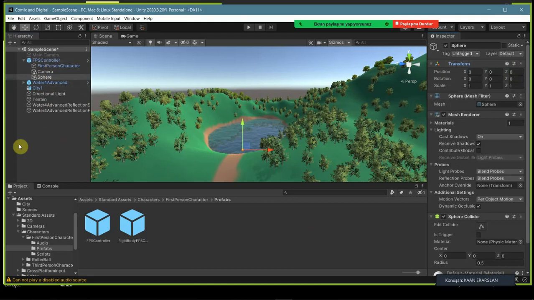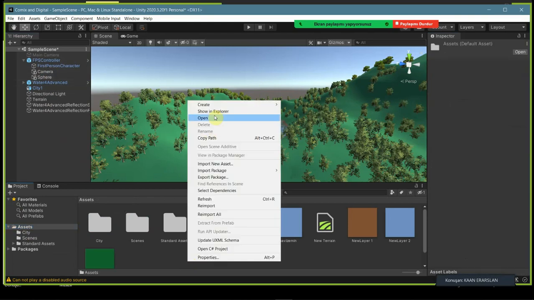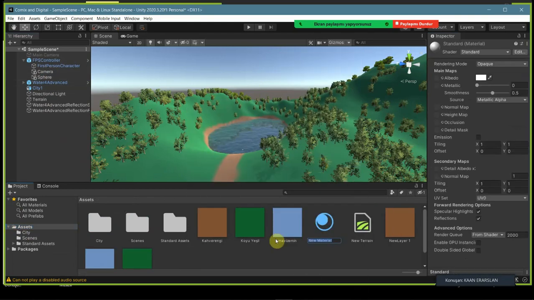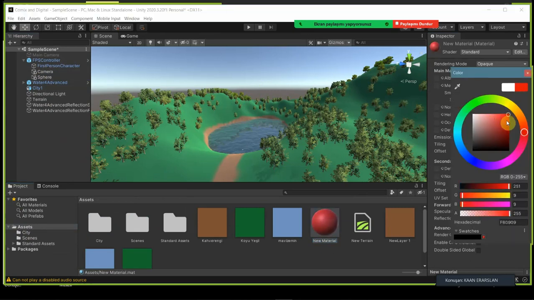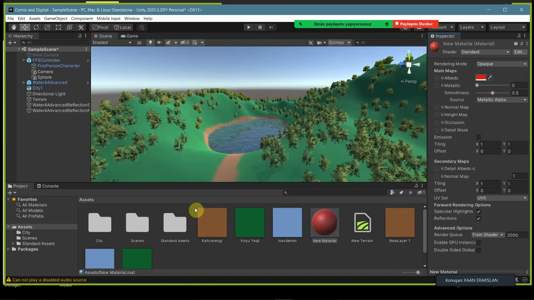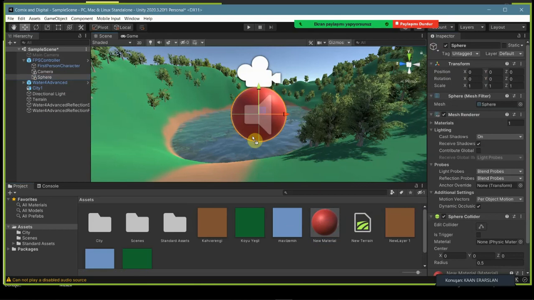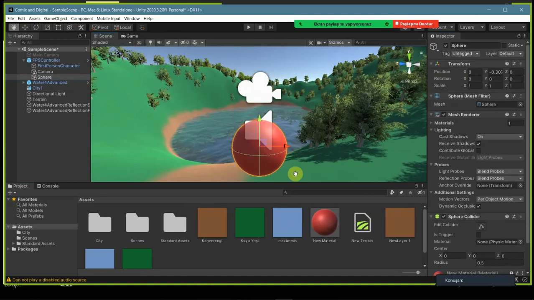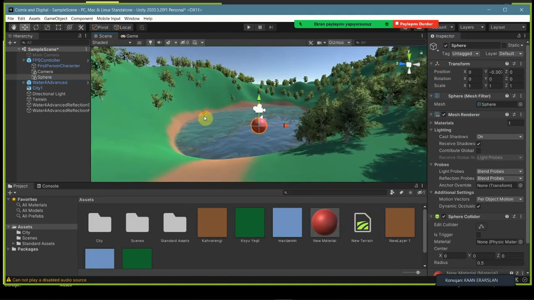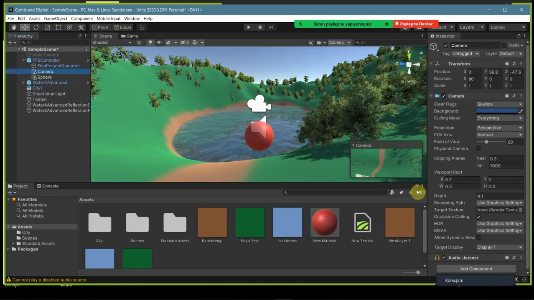So I can give a color so that we can observe it easily. I will generate a material, and the material should be green, not green, but maybe yes, that's better. Yeah, and this will be assigned to my sphere. Okay, let me make it close to the ground. Okay, so my camera is not